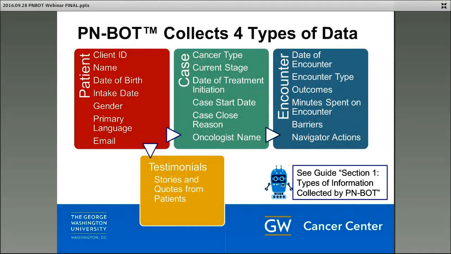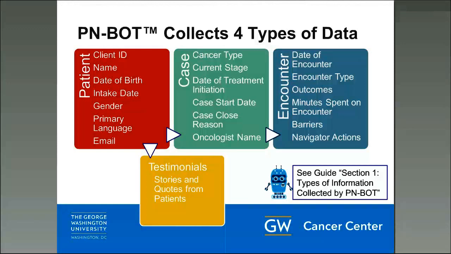Okay, so I want to pause for a moment to go over the major types of data that PNBOT collects, because this is super fundamental and important to know about. PNBOT can collect patient data, case data, encounters data, and testimonials data. And get familiar with these colors because they're color-coded in PNBOT to try to orient you a little bit. So red for patient, green for case, blue for encounter, there's actually a purple color for barriers, and orange-yellow for